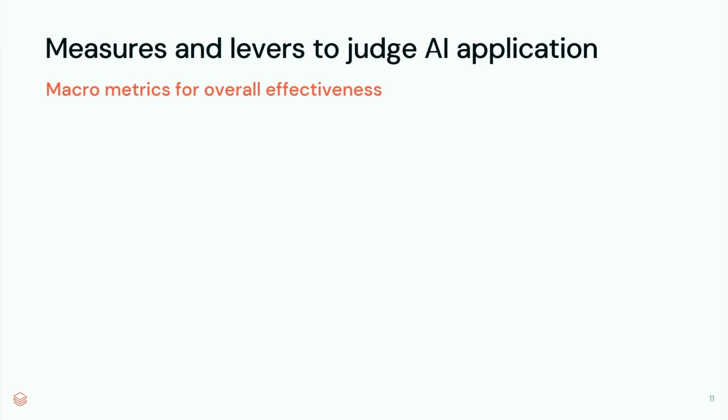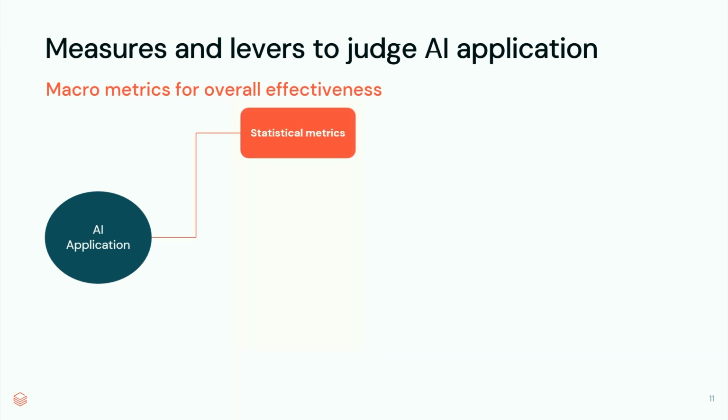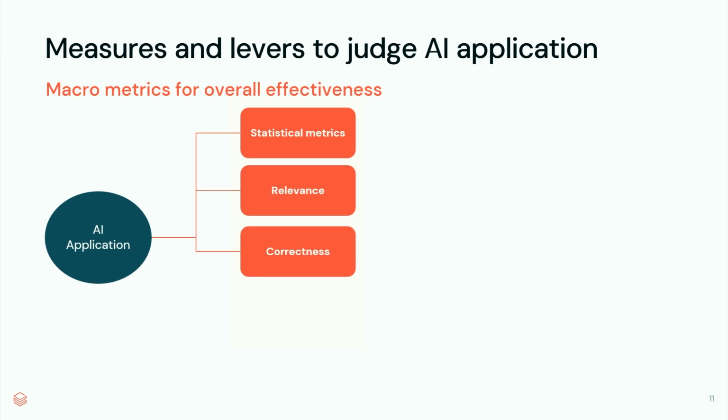So I have talked a lot about different ways of evaluating, and what I've done is I've created 3 different categories. That is something like a ballpark figure you can think of when you are building this type of application. Number 1, I'm calling it macro metrics, which we are already doing today, which is basically the standard statistical metrics like relevance, correctness, then safety, toxicity, bias. We should be validating these metrics regardless and see how it is performing.